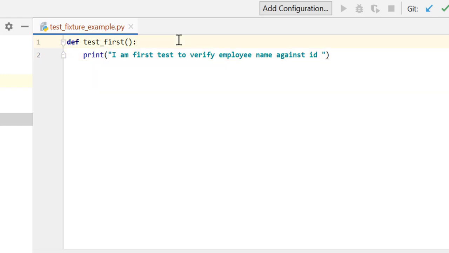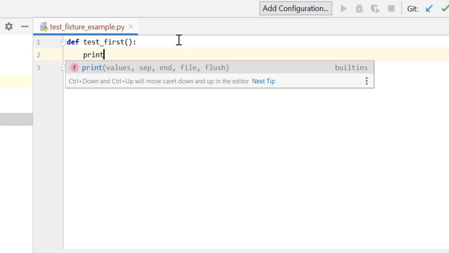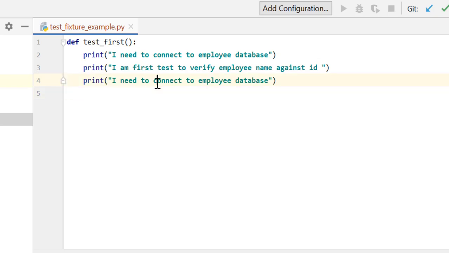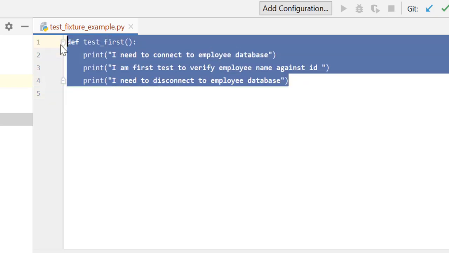Now before this test case starts, what is it supposed to do first? I need to connect to the employee database, and once it is done, I need to disconnect, right? Let's write a couple more test cases.